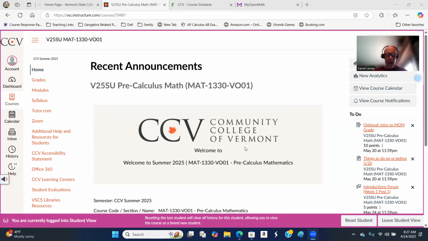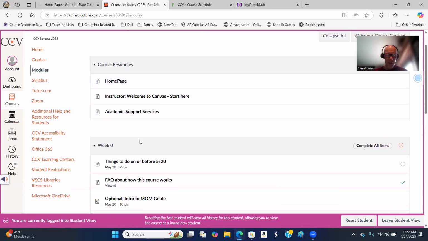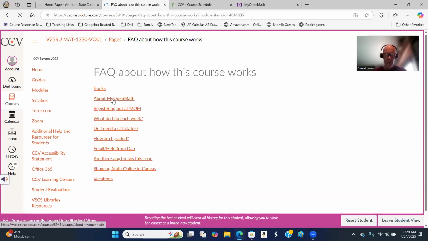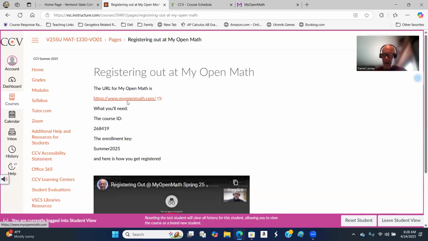So, I'm at Canvas. I'm going to click on Modules. I'm going to scroll down to week 0 and point you at the FAQ. And then you're going to click on this last link, registering at MyOpenMath. That's the website that'll take us out to MyOpenMath. What you're going to need is the course ID and the enrollment key. So I'm going to copy that